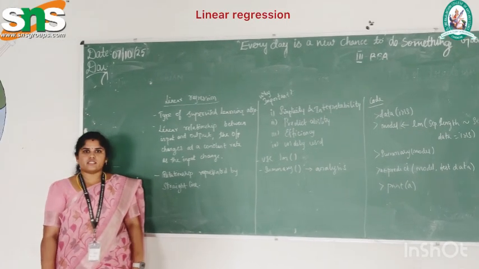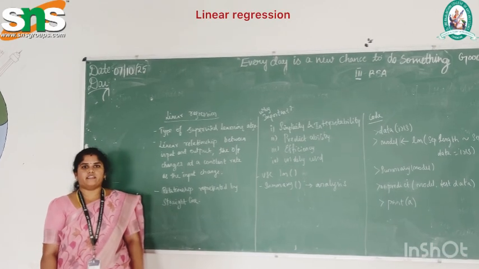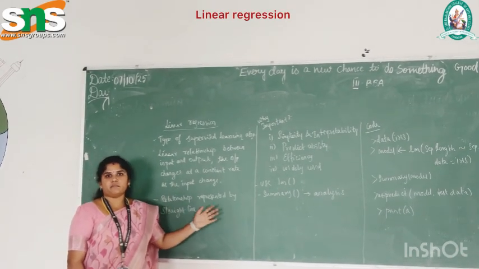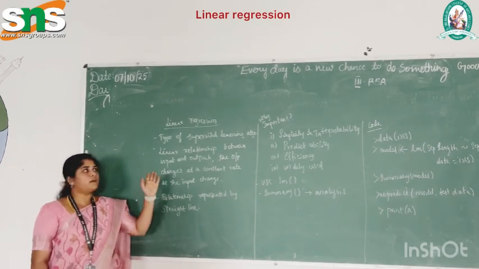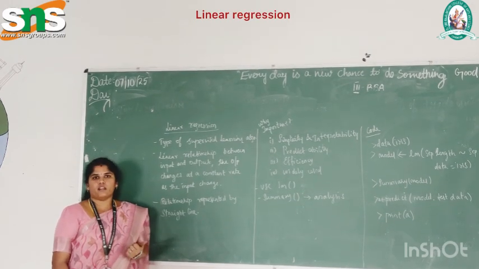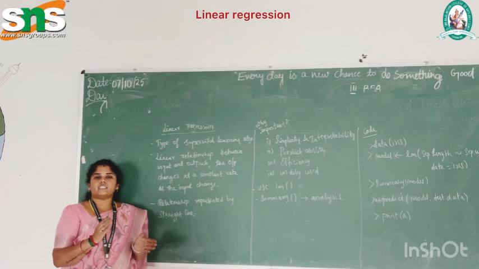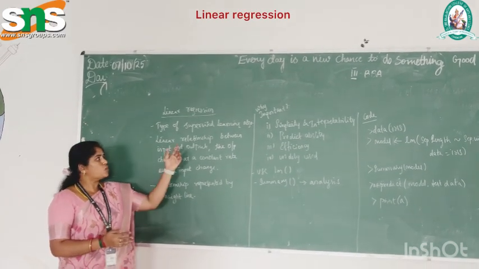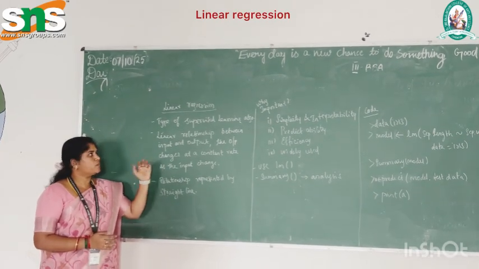Today we are going to discuss the topic of linear regression. Linear regression is going to predict something based on the past and present data. That is the main concept of linear regression. It comes under the model of supervised learning. In supervised learning, the already collected data is classified into specific classes. This model comes under the topic of supervised learning.